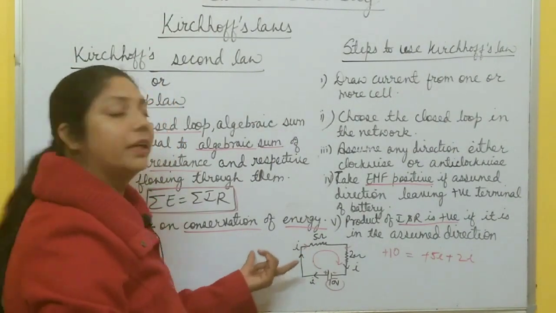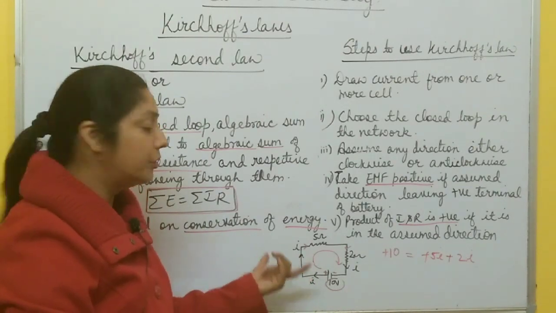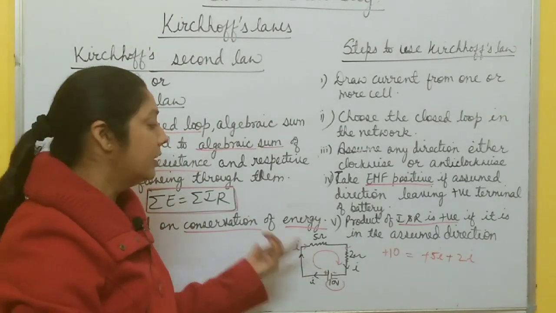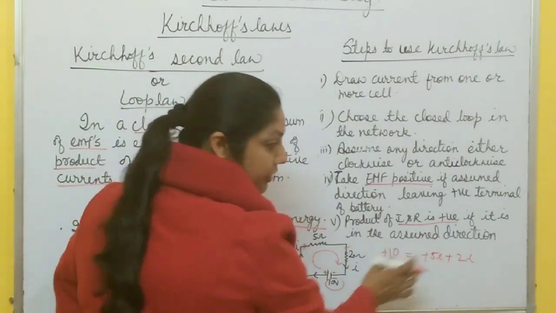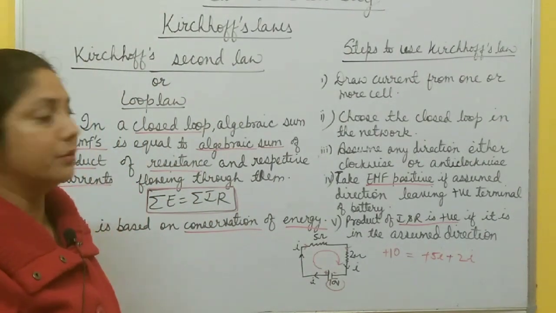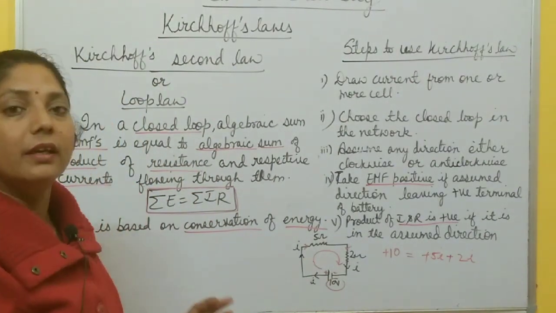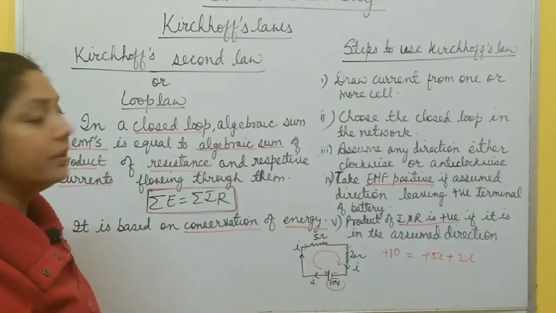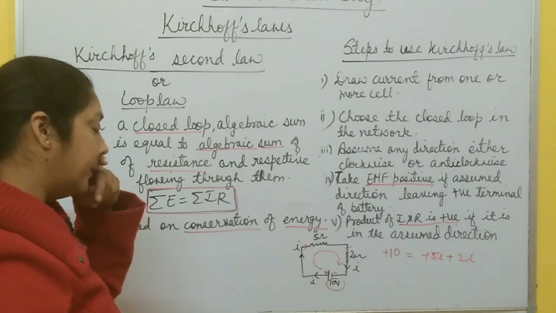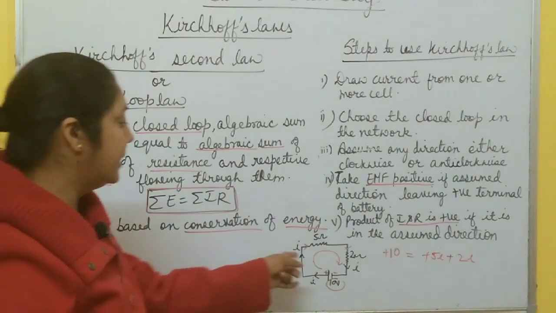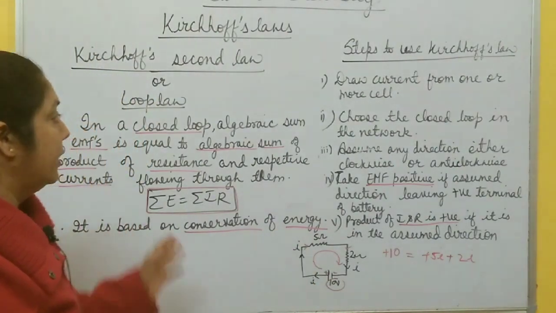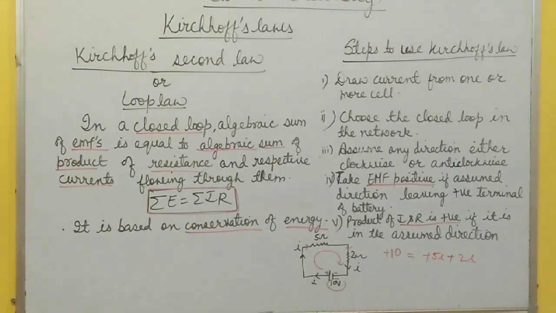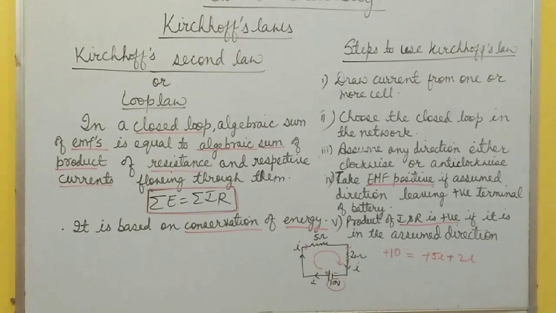If there is more than one loop, two loops, 3 loops, then you have to write a number of equations, then you have to solve for the closed circuits. In this way, you have to solve numericals for complicated circuits using Kirchhoff's second rule, or the first rule is also used at the junction point, right? Okay, first take a screenshot, then I will solve one example.